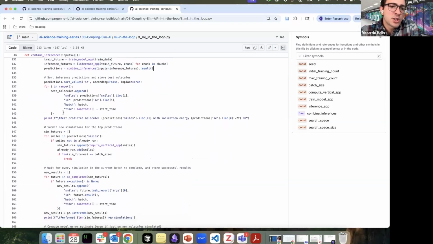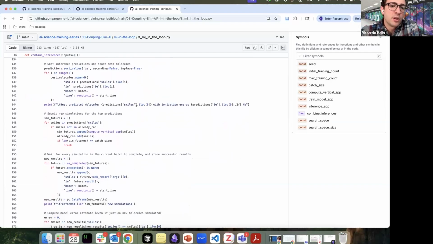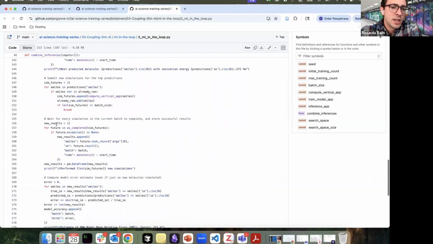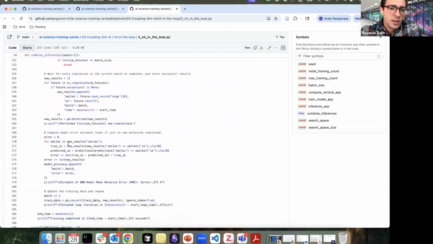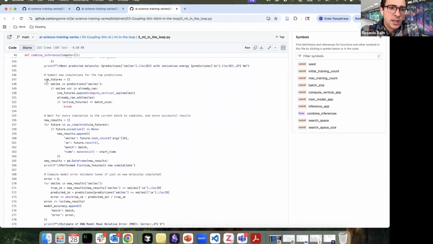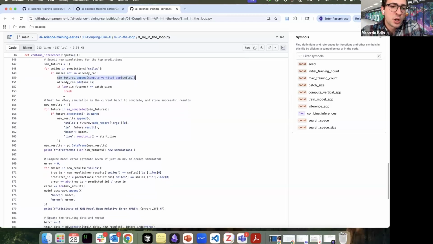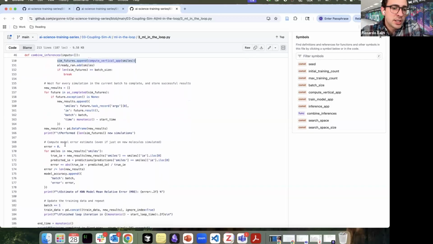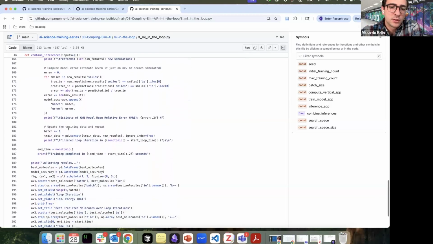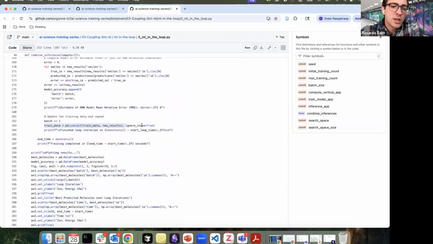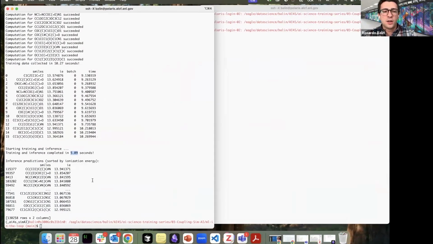But now we're going to sort the inference predictions and pick out the best candidate molecules. And then we're going to simulate those at the bottom here. In this code block right here, we're going to launch a number of additional simulations. We're then going to wait for them to complete, compute an estimate of the error, since it's not a lot of data but it's helpful to keep track of it, and then augment the training data with what we just simulated, and repeat the loop. So if we go run that in our terminal,